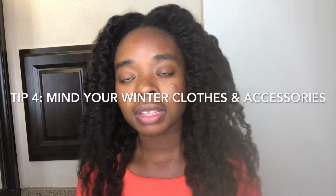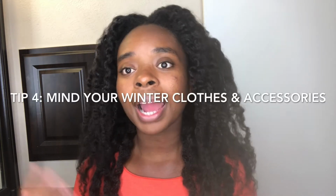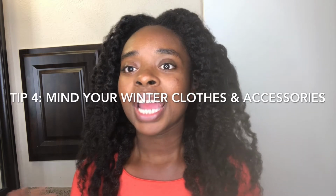Invest in preservative hairstyles and protective hairstyles so that you can actually keep your hair healthy and flourishing in the winter months. Number 4 is being more aware of your clothing and accessories. So of course, the colder months, the fall season, winter season, calls for hats and scarves and coats and all